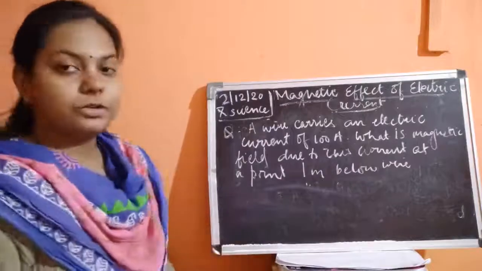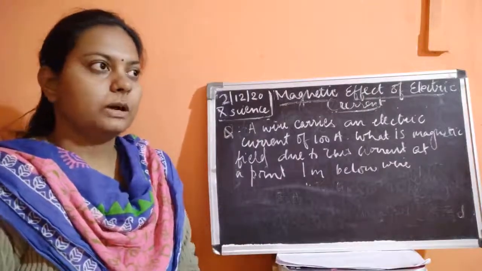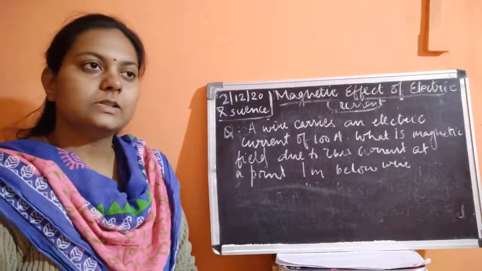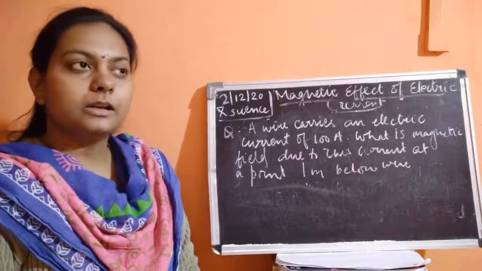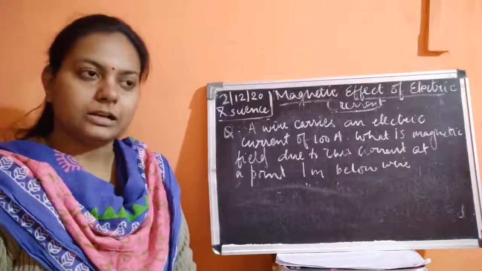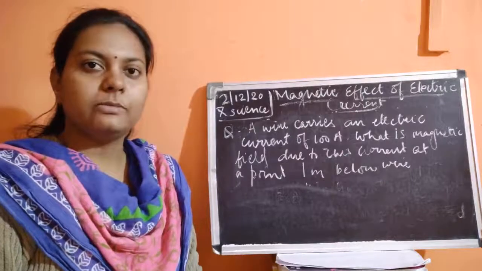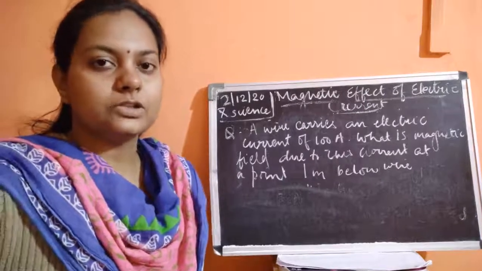Okay, so that's all for today's video. I have taught you about the magnetic field lines, its effect, and also about the magnetic field in a straight current carrying conductor. So that was all about today's video. I will be meeting you all in the next class with the next topic to be discussed.